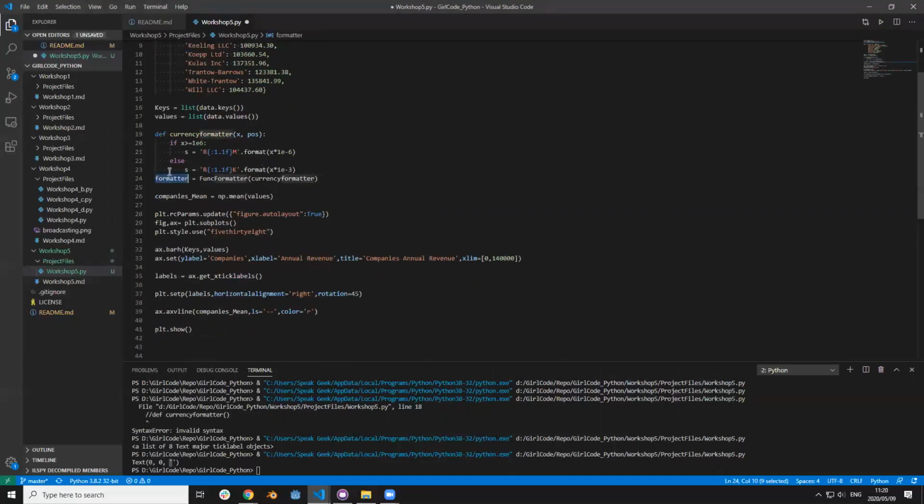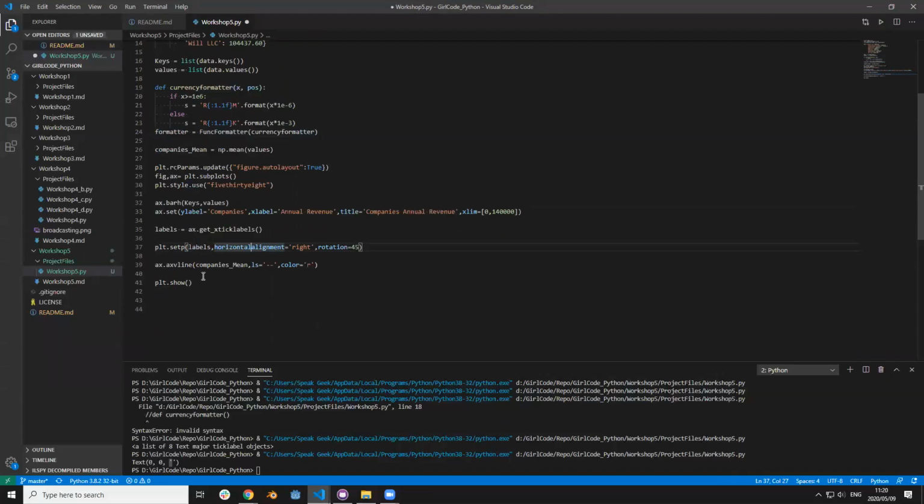Now we've got our formatter, but it's still not being used. It's just nicely wrapped into this formatter object for us. So to actually go about using this formatter, and we want to use it on the x-axis, after we did all our changes and we drew our line and all of that, we can now go